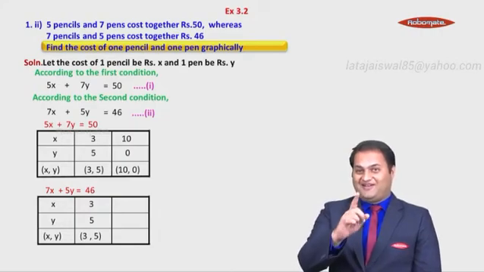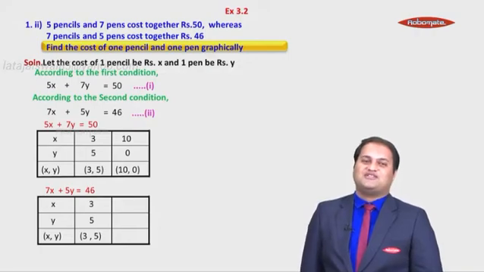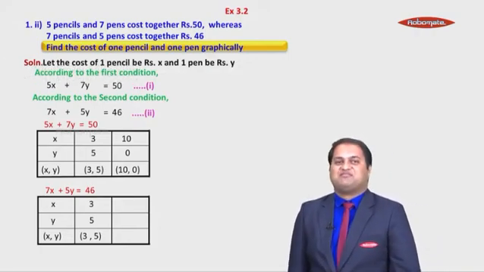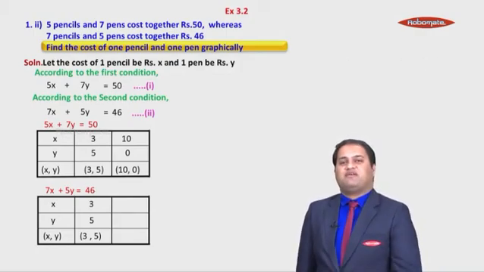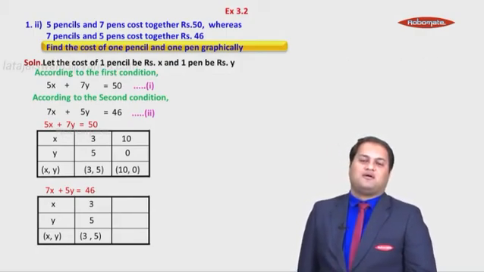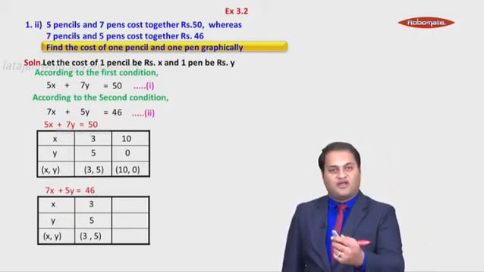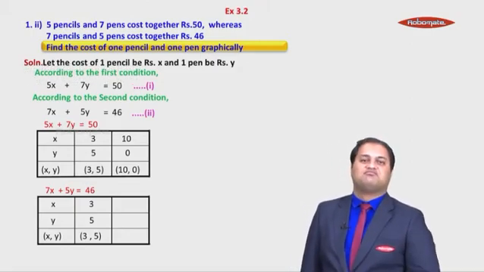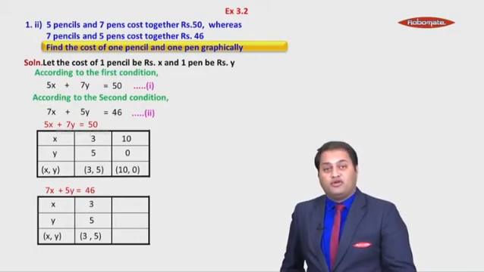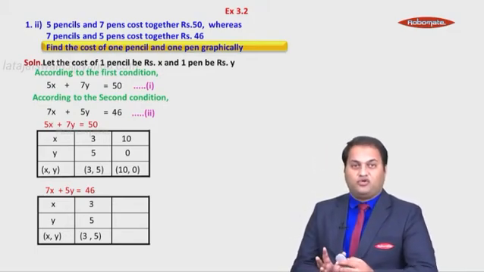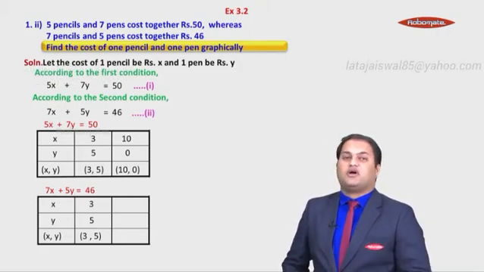Hold on. Now you take y is equal to 0, you get 7x is equal to 46. y is equal to 1, 7x is equal to 41. y as 2, you try, you won't get. y as 3, you try, won't get. 4, 5. 5 may you get, but that is already there, 3, 5. So when you don't get the required number to be assumed, you can try out the negative numbers as well.